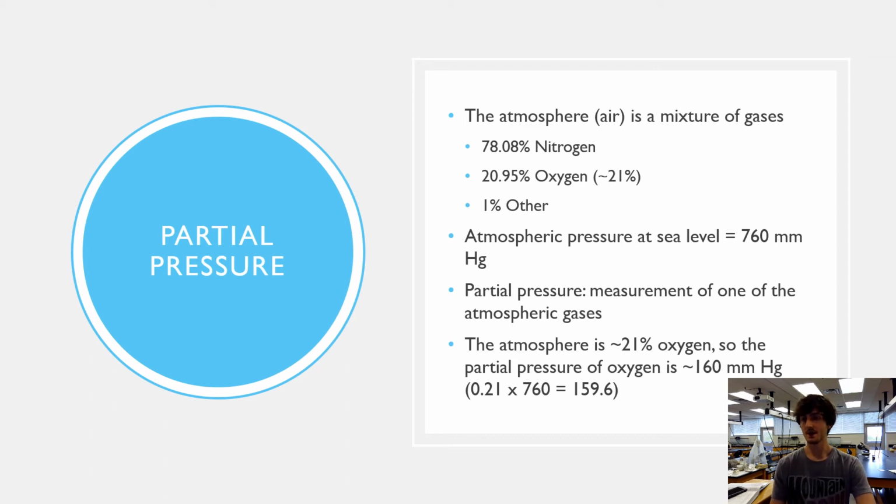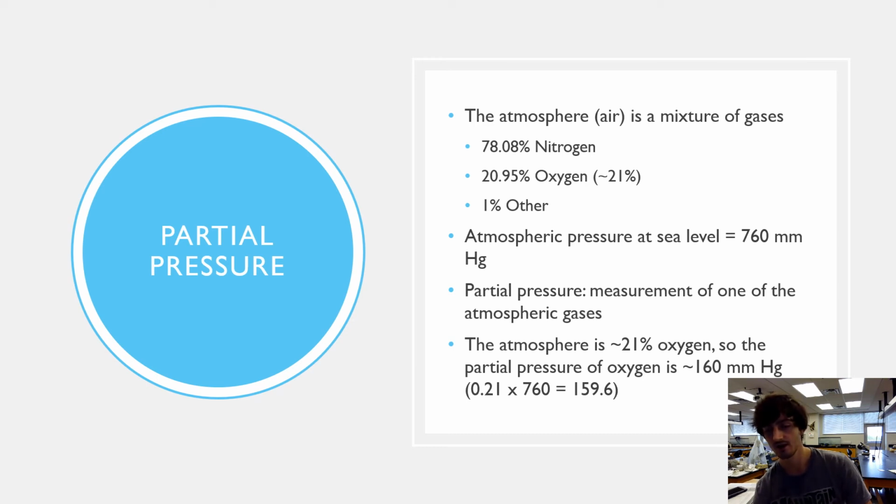So at sea level, the amount of pressure that the atmosphere is exerting on a single point is pushing mercury up 760 millimeters up one side of a tube if it's exerting pressure on the second side of that tube. It's a kind of complex way to picture it, but it's one of the easier ways to measure the pressure in the atmosphere without having to do lots